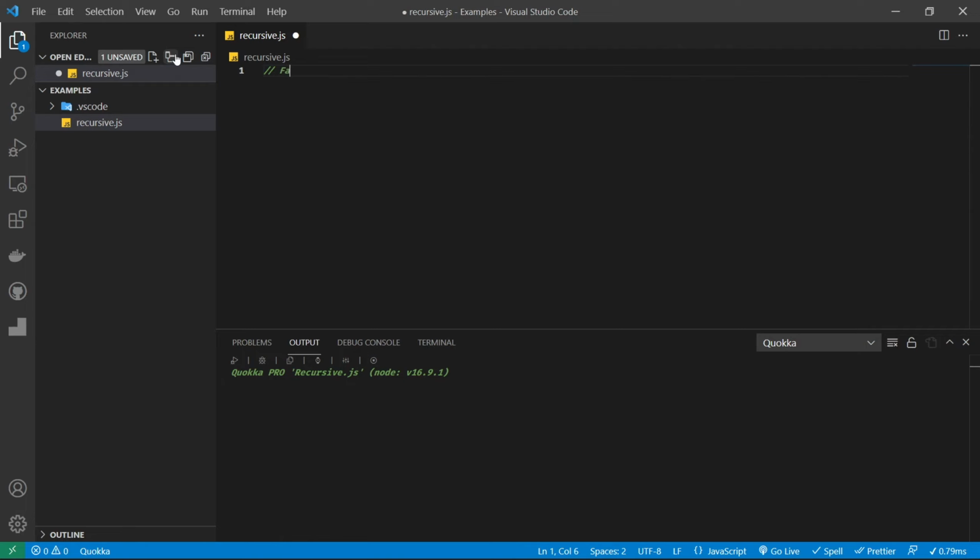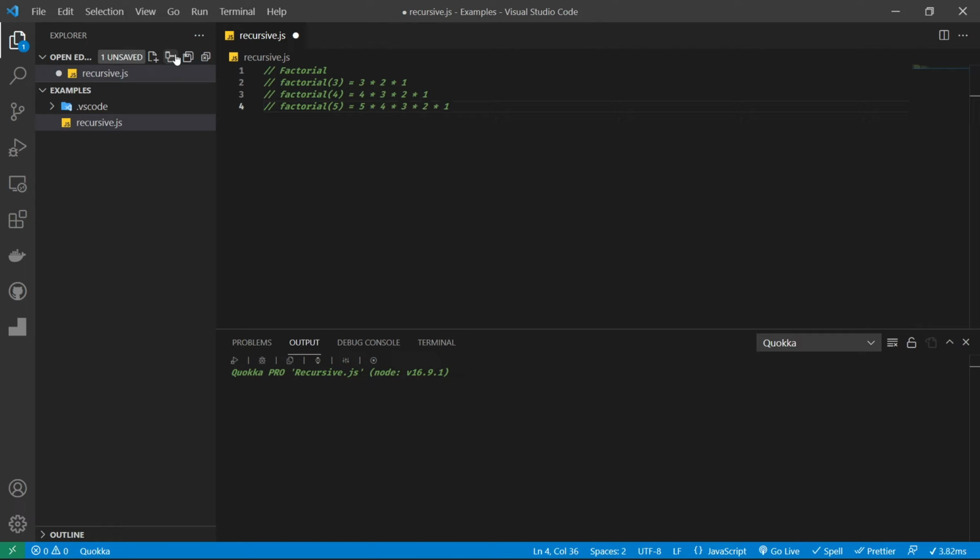So in this example, we are going to write a code for calculating the factorial of a number. It is one of the first problems you'll come across while learning recursion, so let's look into it. So what is the factorial of a positive integer? Well, the factorial of a positive integer is the product of that integer and all the integers below it till 1. So the factorial of 3 is 3 into 2 into 1, which is 6.